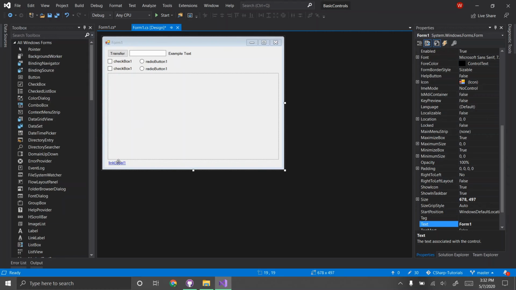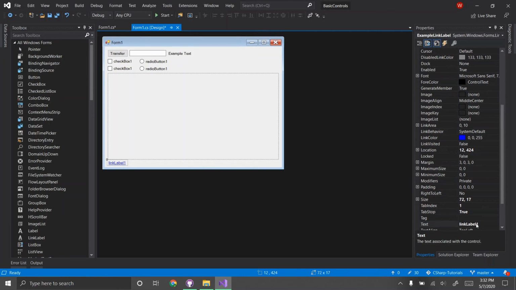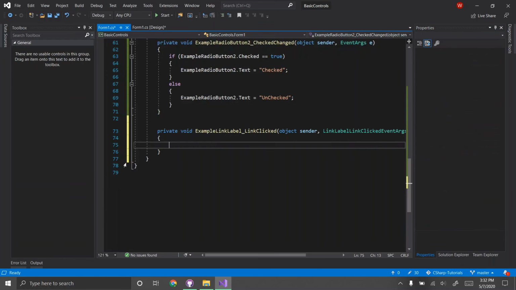And so I am going to change the text of the link label to be show picture. Actually, I'm going to do show/hide picture. And so when I double click on that to get a link label .link clicked, I am going to do,